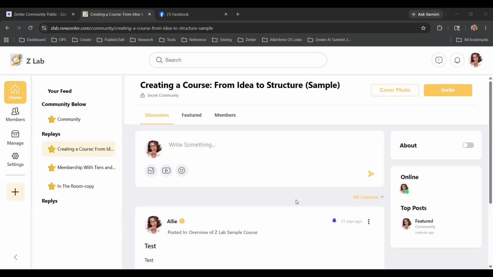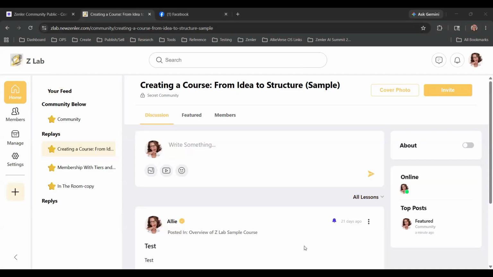So I'm very confused. And the other day, a student from this particular course made a comment that instead of appearing below the lesson that she was referring to, it came up in the community page, when I thought this community page was not even existing for this course. So I don't know what the problem is and how to manage that in Zenler. Yes, I completely understand where you're at here.